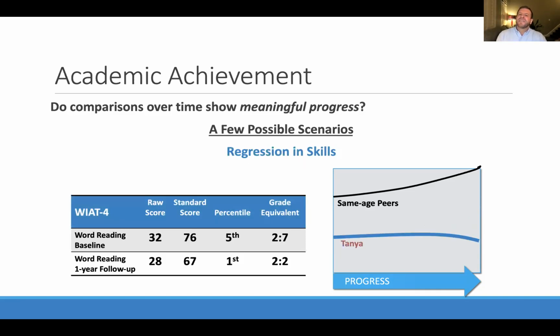The last one that we might see is pretty rare. It's where Tanya might have lost skills. A lot of times I'll see folks throw out regression. Many times we're not seeing regression unless it's a really severe case where a student has lost skills to a large extent, or we see some kind of neurological concern that might be causing a regression. So it's a relatively rare situation where a student has lost words they could read previously. Obviously, when we see it, it's quite concerning.